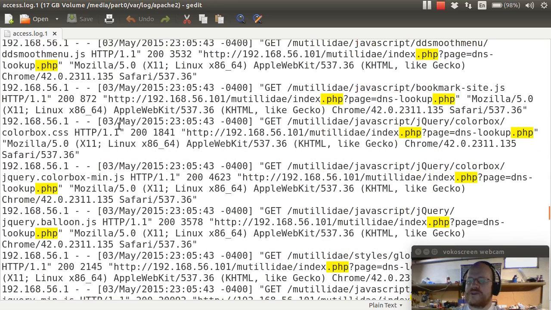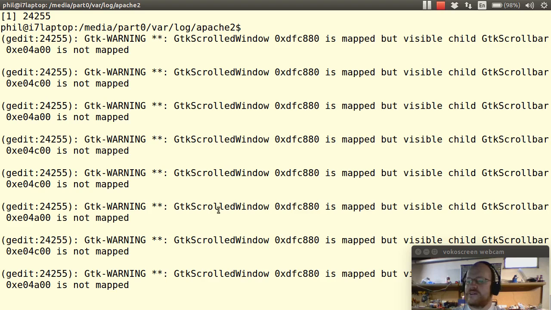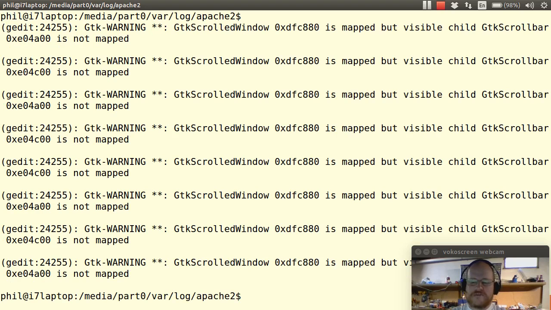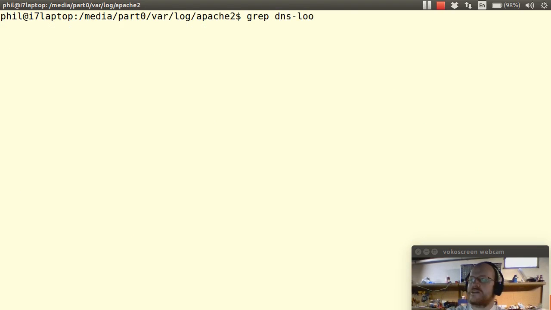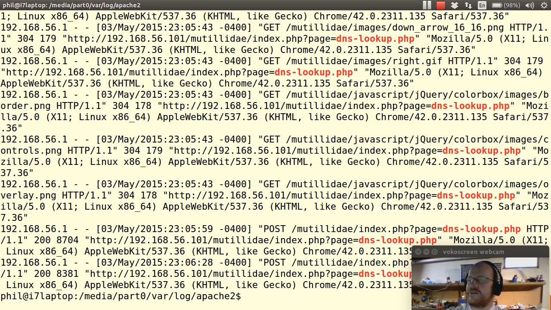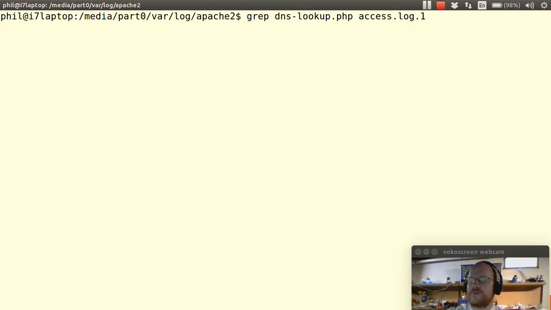If we go back to our terminal window, we can use grep, and we can get a little bit more information about this. So I'm going to grep on dnslookup.php in access.log.1. And this gives me all of those lines. And I'm just going to see how many there are by piping this to wc -l to give me just the number of lines. So this one page was called 51 times, which again is extremely suspicious